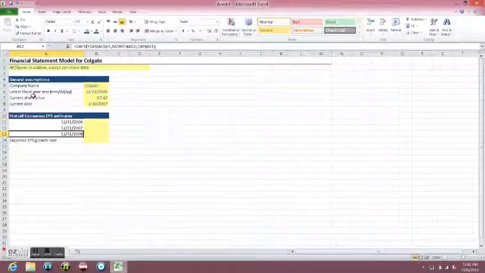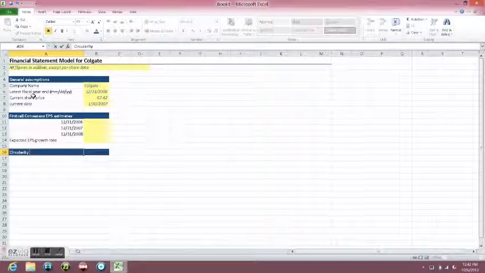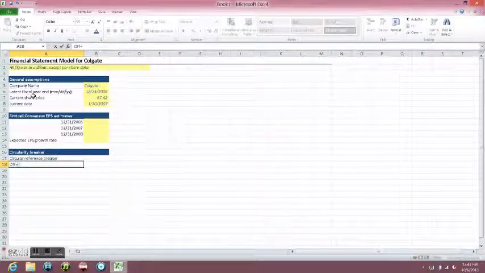Okay, so now we're gonna go into circularity breaker, and circularity breaker is very essential to a model because it takes out the circular references that are in the model. And what exactly are circular references, right? Circular references are basically